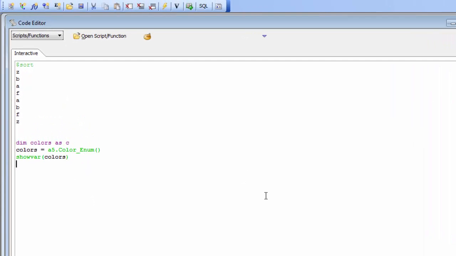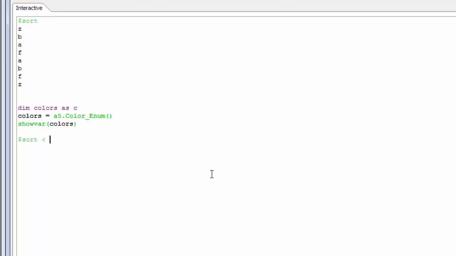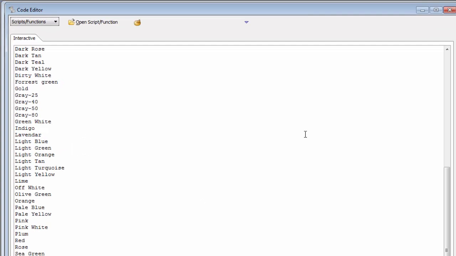So now what I want to do is pass this in as a variable by piping it into the sort command. I'm going to say $sort, and then pass in, with the pipe command over here, less than, and input colors. When we press enter, you can see that the shell command is still waiting for more input. So I'm going to hit Control Z, and there's now the sorted